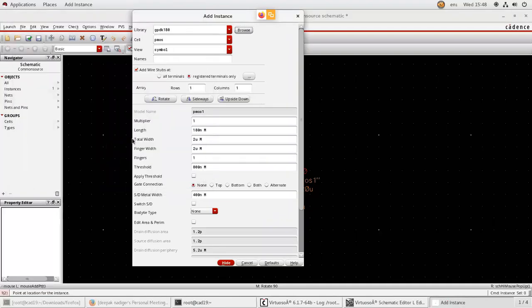After that, change length and width. Change length to 1 micro and width to 50 micro. You have not done this in the previous inverter and transmission gate, but now you will change it. You are going to type 1U, and change width to 50 micro. You are going to type 50U and press hide.